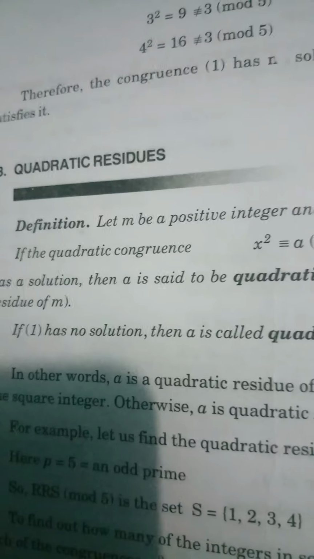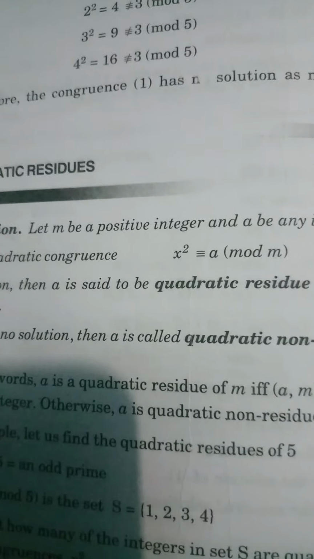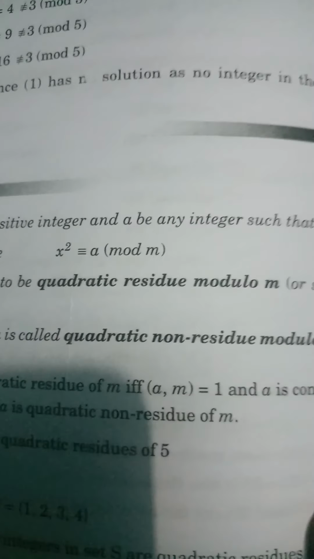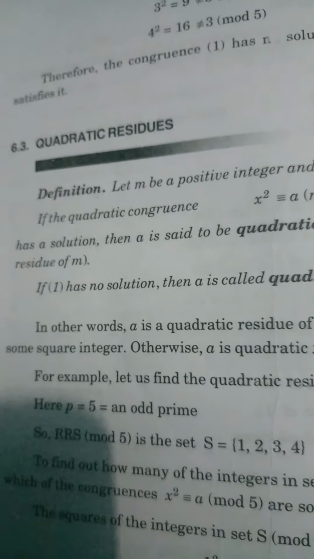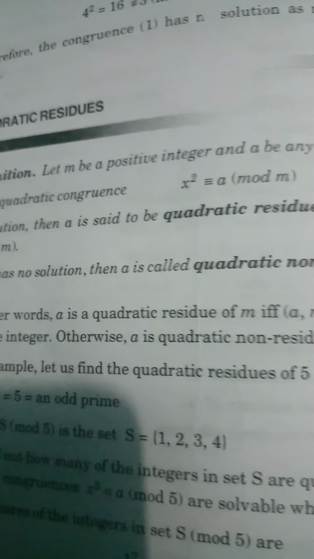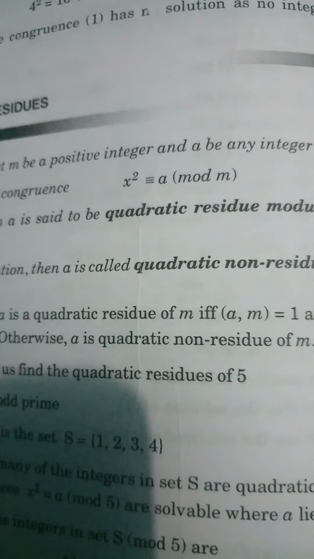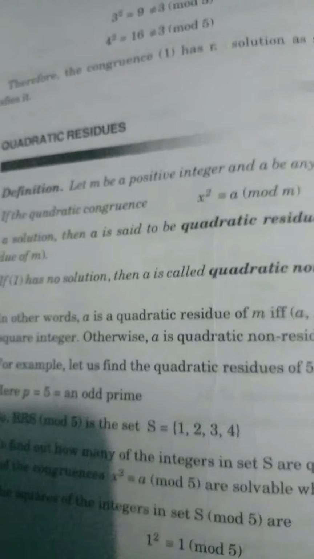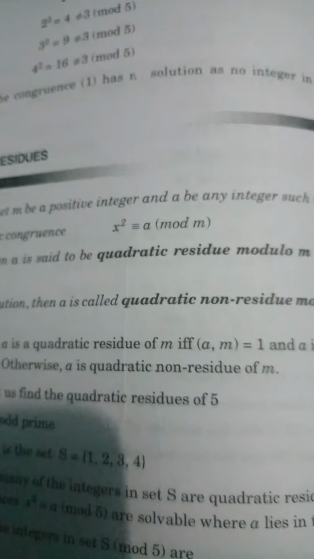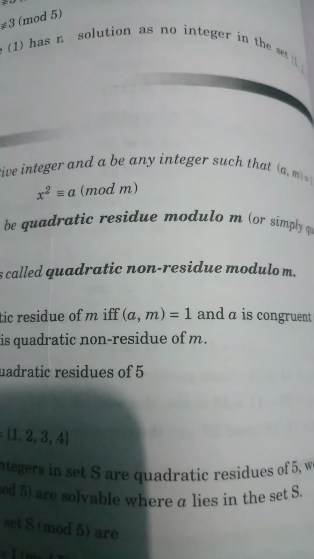If this equation number 1 has no solution, then a is called a quadratic non-residue modulo m. In other words, a is a quadratic residue of m if and only if